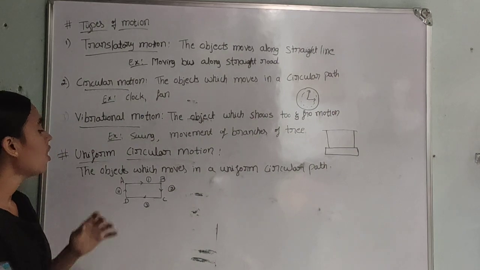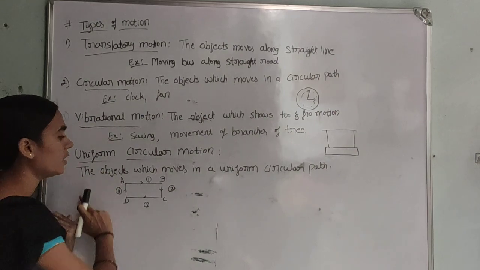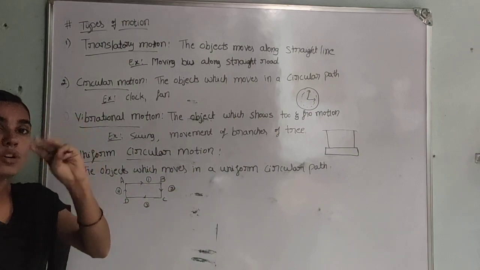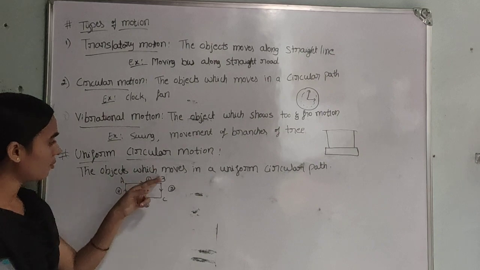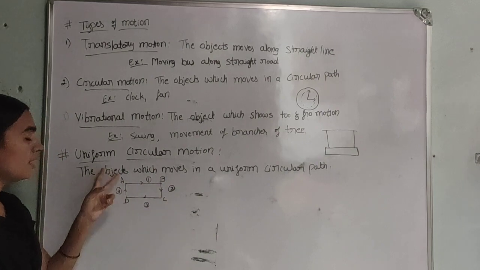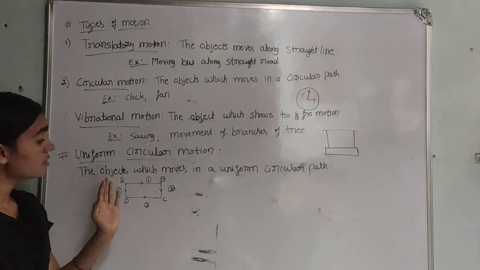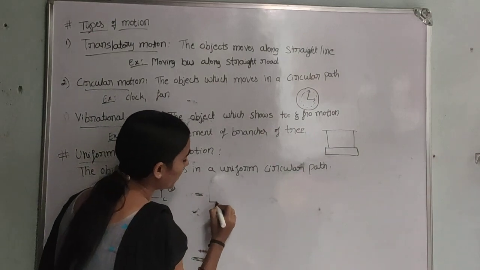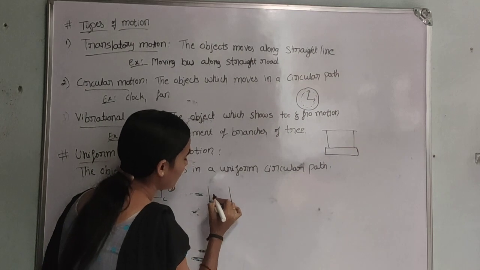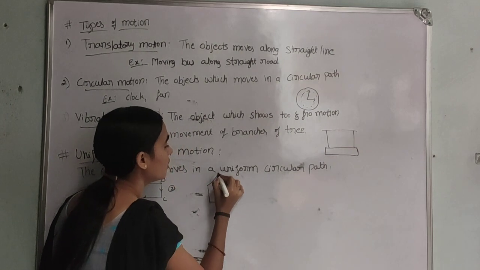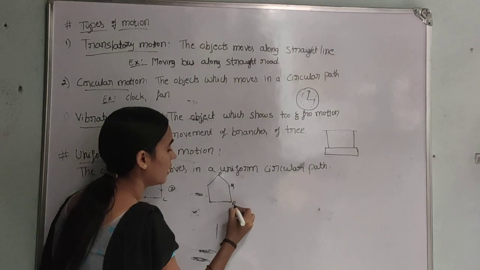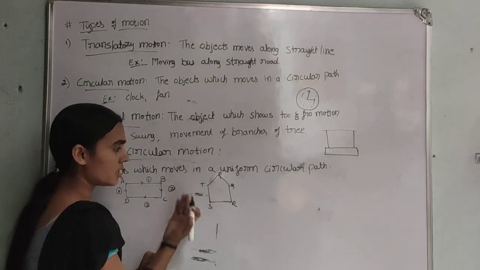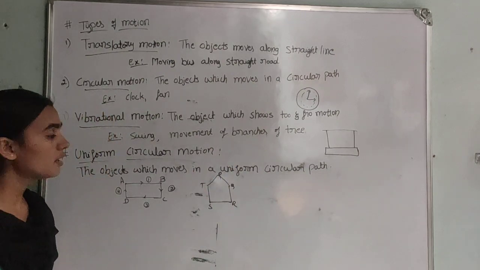You observe that whenever the athlete moves in a rectangular shape, he changes his direction 4 times. Yes or no? A to B, B to C, C to D and D to A. So he is changing his direction 4 times. Like that, if he is moving in a pentagon, P, Q, R, S, T, here how many times is he changing? Obviously 5 times he changes his direction.